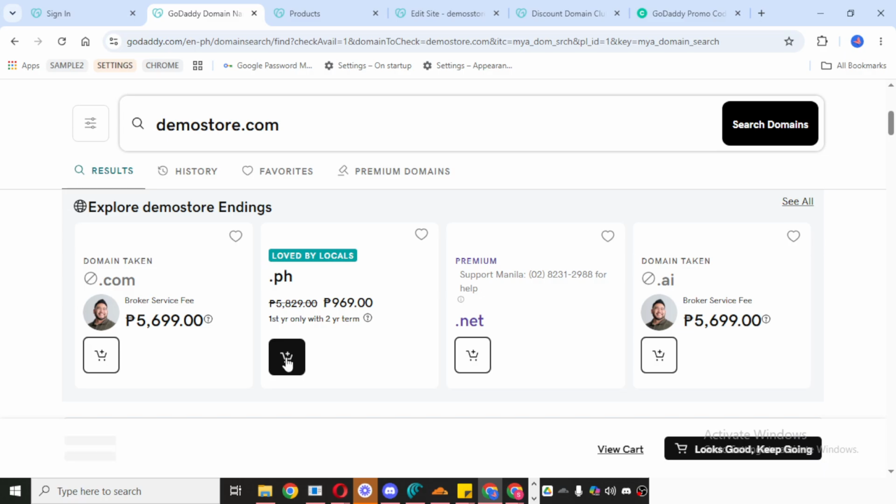Once everything is filled in and reviewed, click Ready for Checkout. At this stage, you'll be able to confirm your order and complete the purchase process. Before finalizing, it's always helpful to quickly review the domain you selected, the email starter bundle you added, and the total price, just to make sure everything matches what you intended to buy.